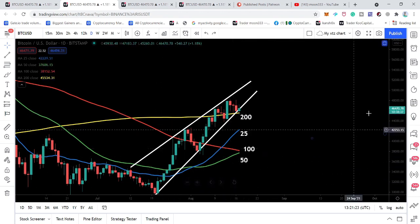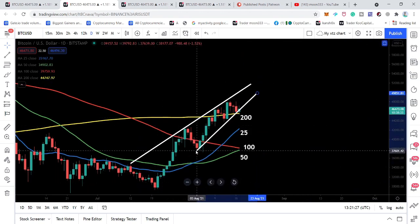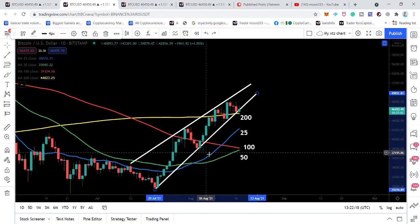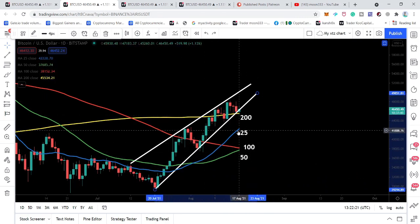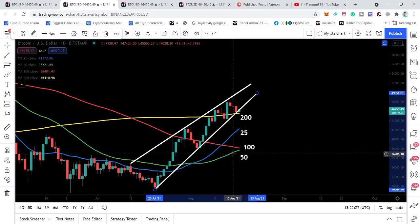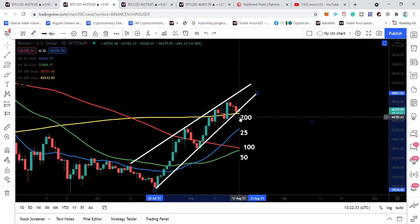For example, if most of the traders are taking it from here, in this situation our target can be $37,500. In fact, it started from here. But if you watch the moving averages, we have the support of the 25 simple moving average. We also have the support of 100 and 50, and now the 50 is moving up and forming the bull cross. Therefore, it can be a fake out in case the price line closes below this support of the